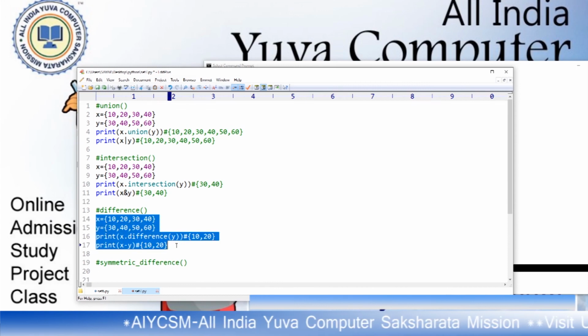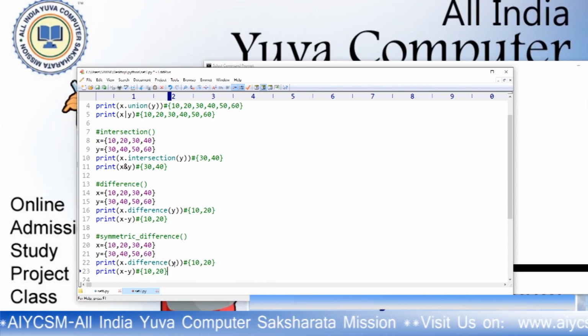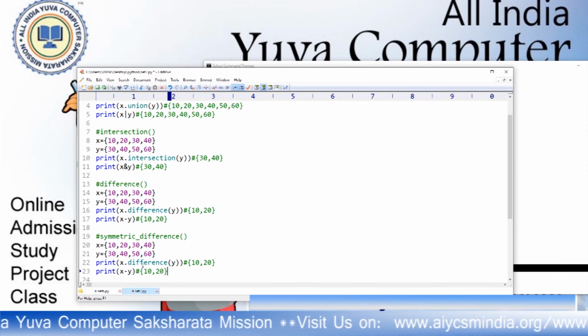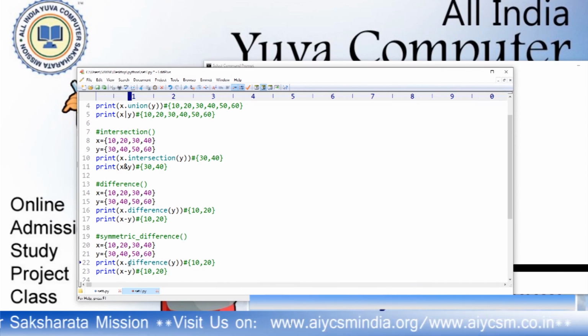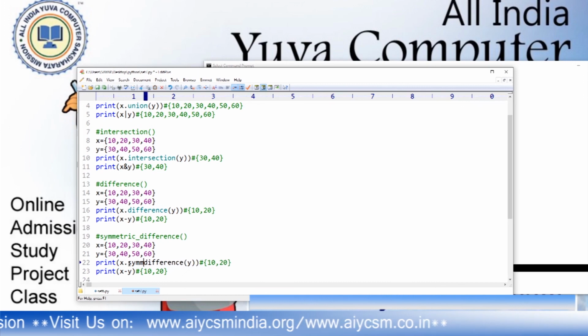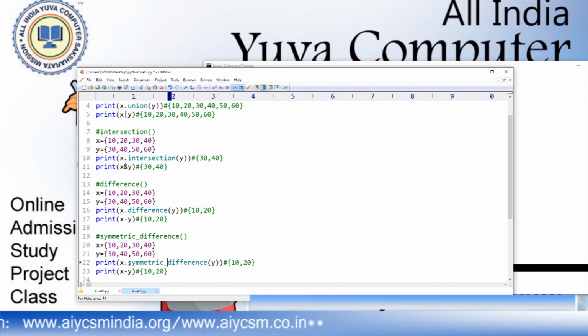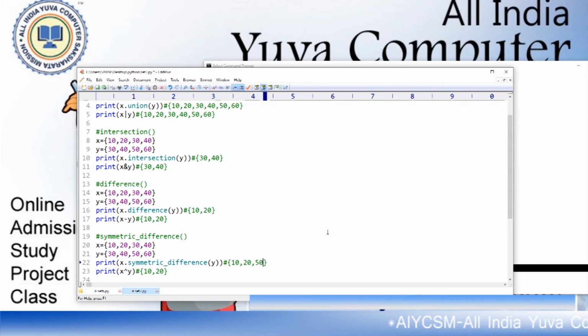Copy this, now paste this, you can use difference, symmetric difference, or you can use the cap sign. It will return 10, 20 and 50, 16.